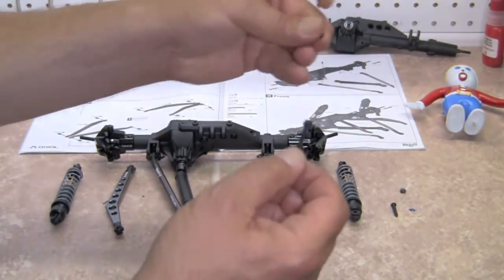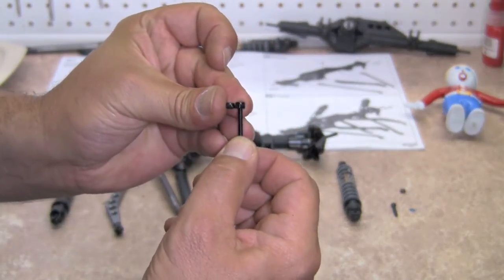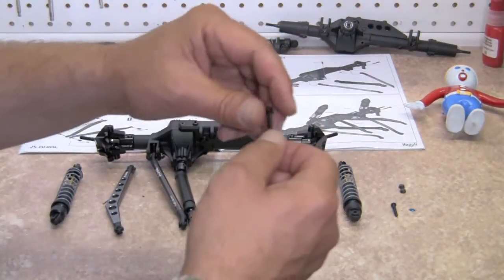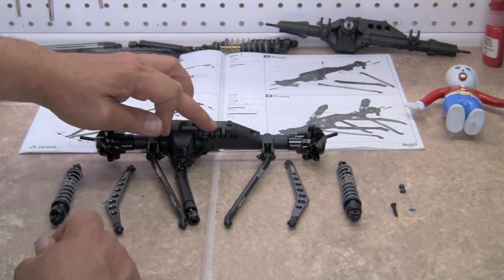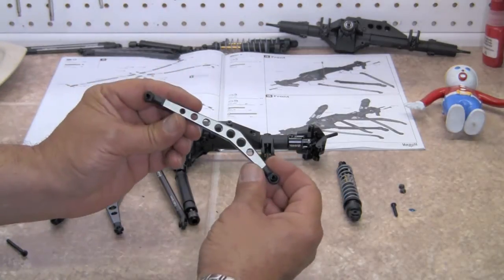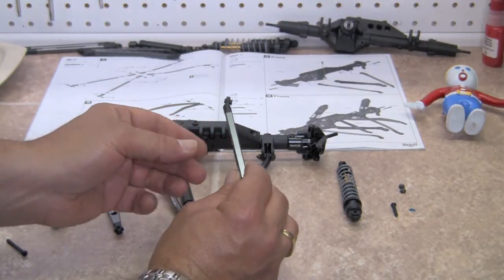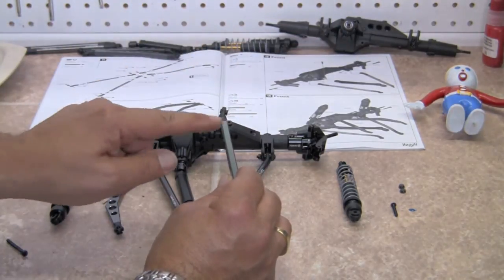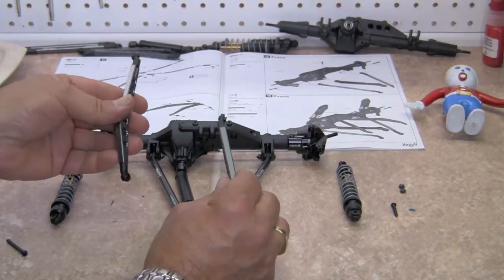If you take a look, there's 2 different sizes of nuts. One is thinner than the other. It's actually a lower profile. And if you look at the directions, it'll show you where to use a thicker one and where to use a thinner one. So we're following the directions. So go ahead and grab your screw, and we're going to put the 2 center links on right here. We're going to take a look at the orientation of these. The longer portion is going to go towards the front axle, and as we put the first one on this side, on the right, it's going to face the axle. So the bend is going to go towards the outside of the axle,